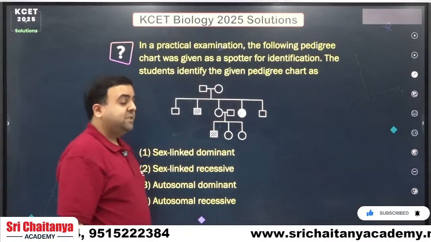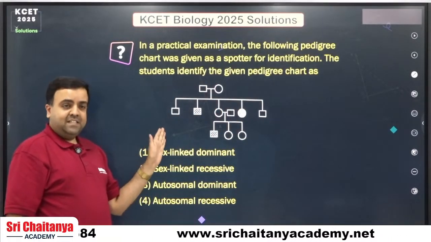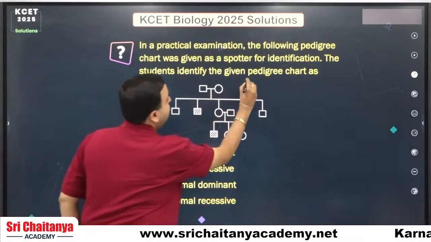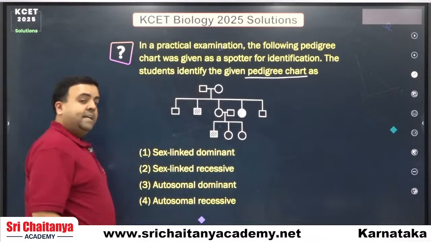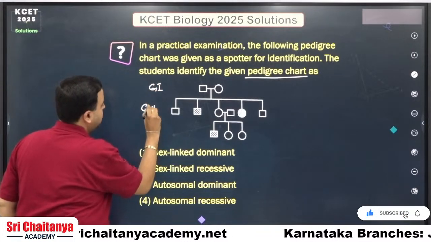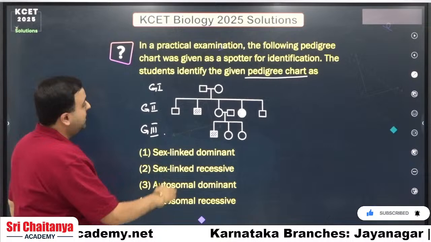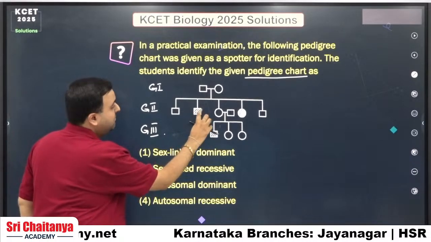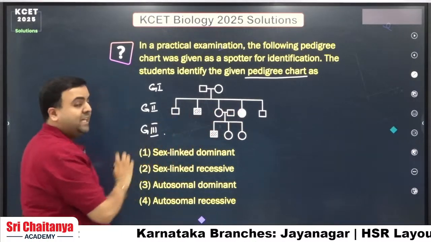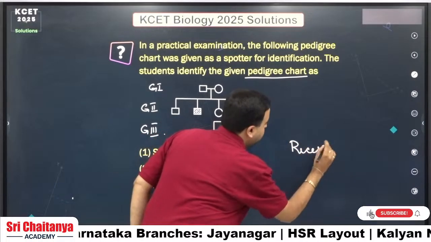Coming to the next question. This is from Principles of Inheritance and Variation chapter. This is the pedigree chart. Now, let us call this as generation 1, generation 2 and generation 3. Now here we can clearly observe that males and females are equally affected. As a result, this is going to be a